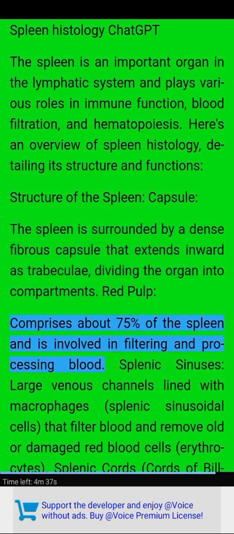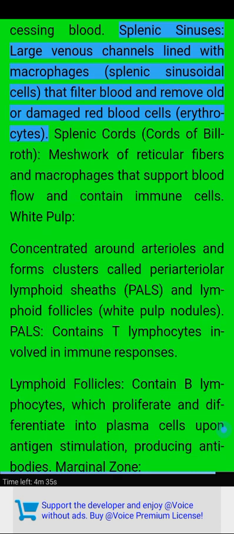Red pulp. Comprises about 75% of the spleen and is involved in filtering and processing blood. Splenic sinuses, large venous channels lined with macrophages, splenic sinusoidal cells that filter blood and remove older damaged red blood cells, erythrocytes. Splenic cords, cords of Billroth, meshwork of reticular fibers and macrophages that support blood flow and contain immune